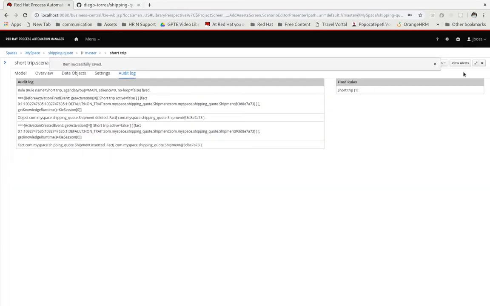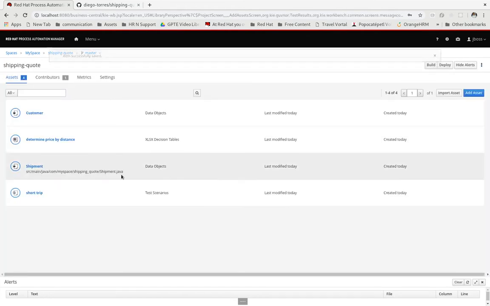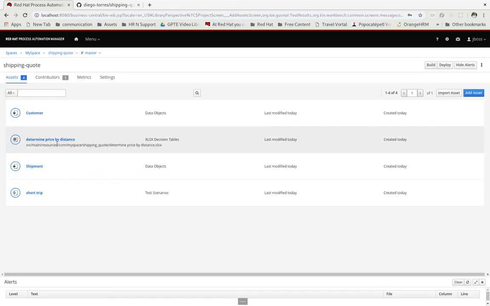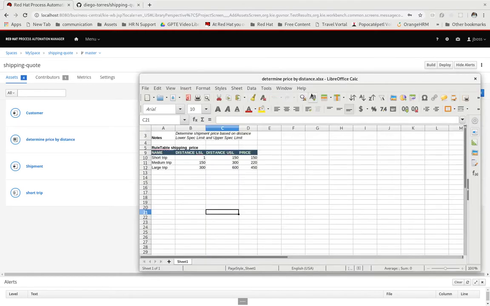So let's save this, and now let's edit. Let's change my determine price by distance by adding another type of trip. Okay, so I will open my spreadsheet again. I will change the price for this short trip to be 140, and I will add another row here for a medium